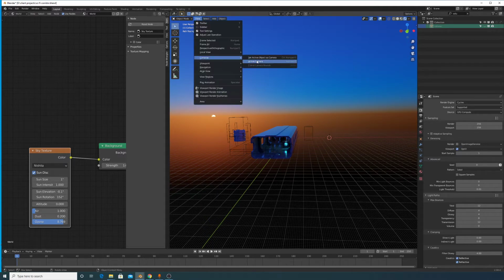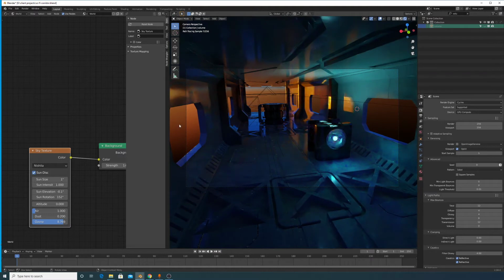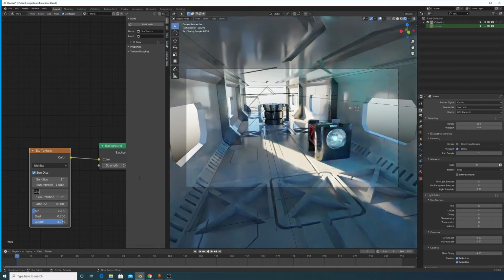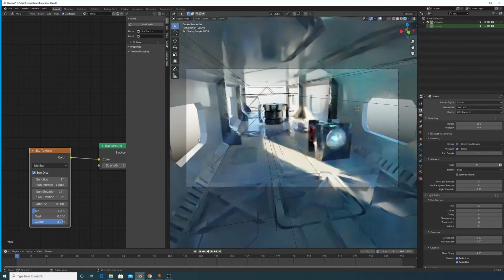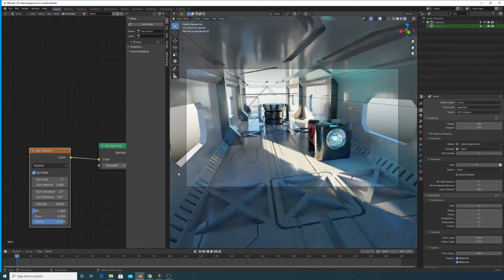And we can see how that looks. That looks pretty cool, but I'm gonna go back to, like, let's see, 2. Yeah, kind of looks like a sunset, and that could be a nice effect for some renders. But I'm gonna undo that and just leave it to how it was before. So yeah, you can do a lot of advanced stuff with the new sky texture that was never before possible. So actually,